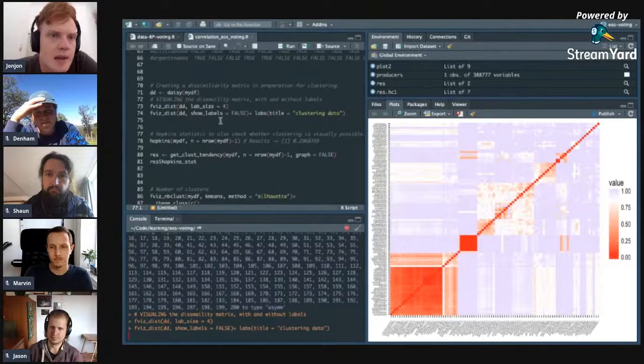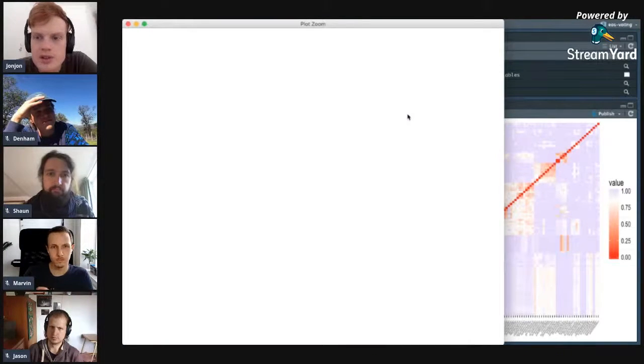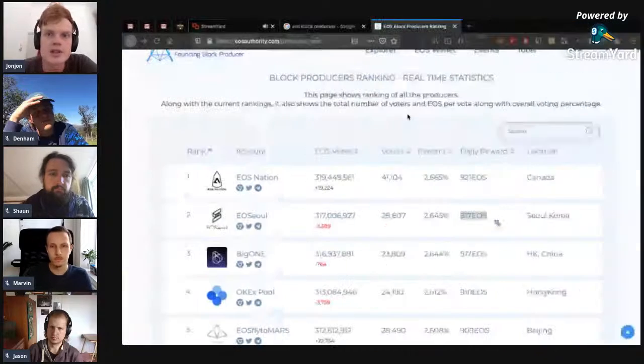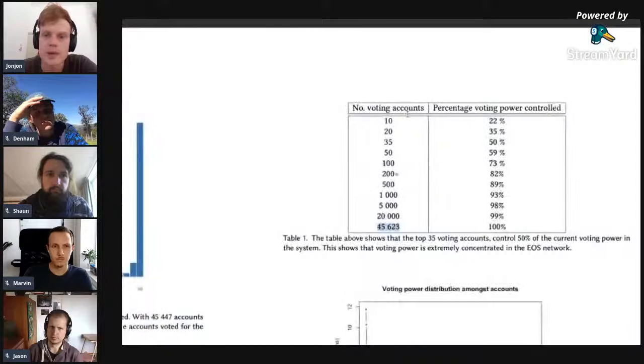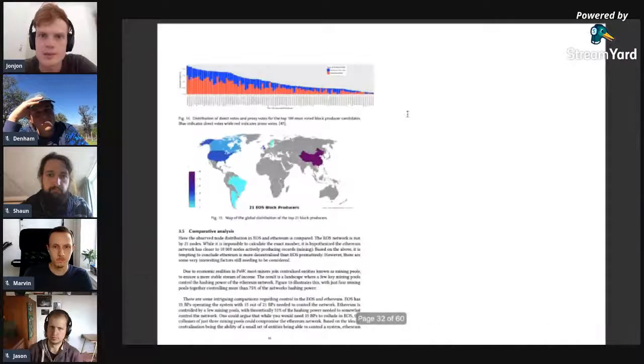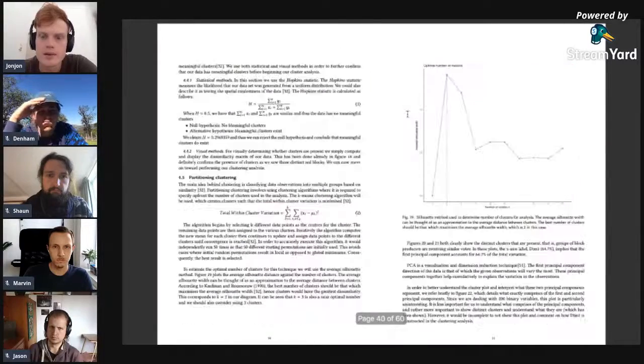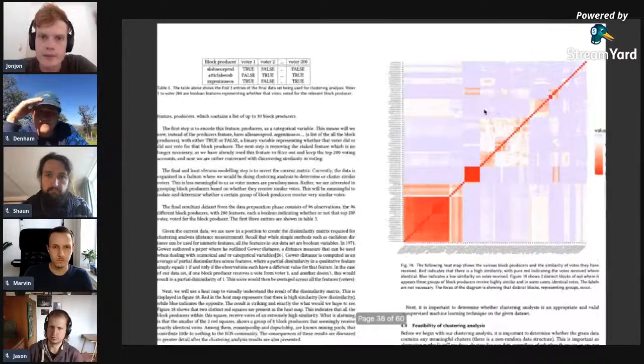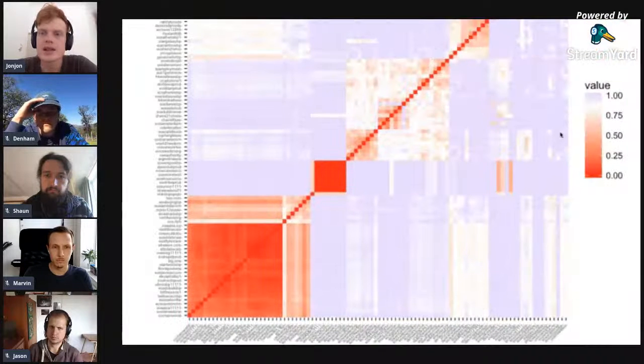ever seen it. R has really cool statistical packages to actually show you all of this stuff. And I'm going to zoom in. Actually, now that I've produced it to the paper, which actually shows it somewhere. Here we go. I'm going to zoom in. And what you can see is it's got a heat map.